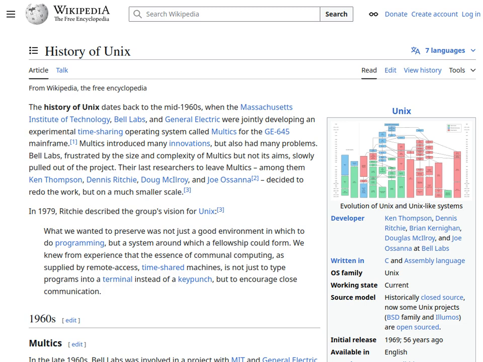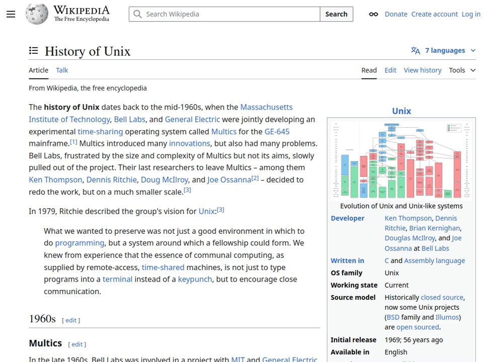Exactly. So then in the 1980s, we see a really significant shift with a move towards commercialization. And as the Wikipedia article notes, an increase in fragmentation. Right. Bell Labs developed several internal Unix versions, right? And they even started marketing some of them externally. Exactly. So you had CB UNIX, PWB UNIX.